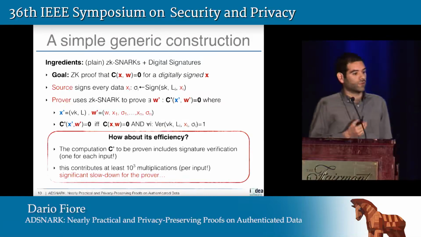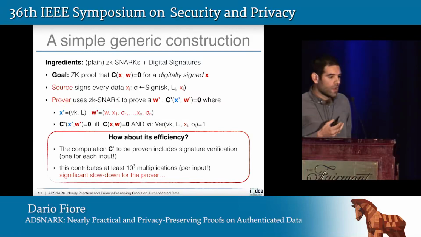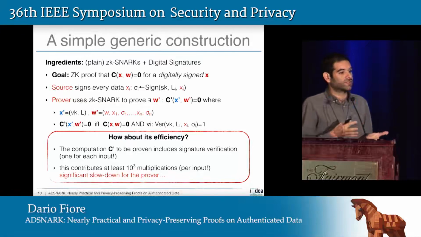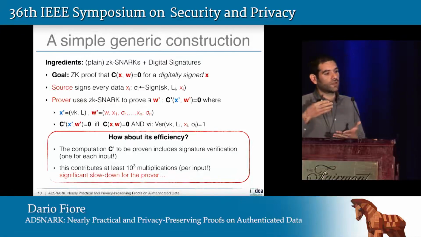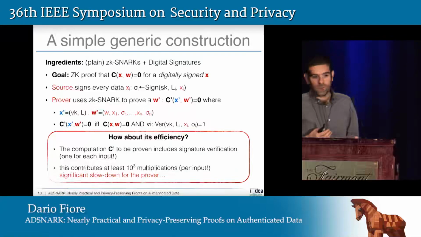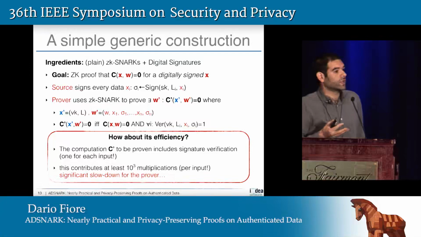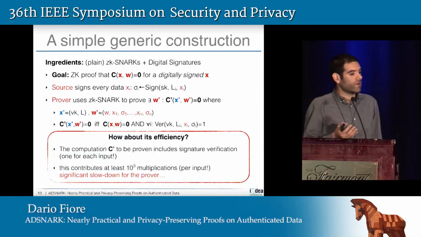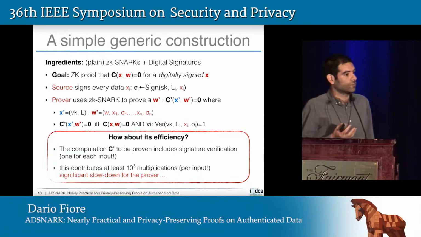So how about the efficiency of this solution? Here the observation is that what we are actually proving is C prime, it's not C, right? And C prime is another circuit that includes signature verification inside. By looking at the way we could encode this, basically what we have to do is to encode the verification algorithm of a signature scheme in the circuit. With a rough estimation, this costs at least 1,000 multiplications per input, which is a significant slowdown, especially